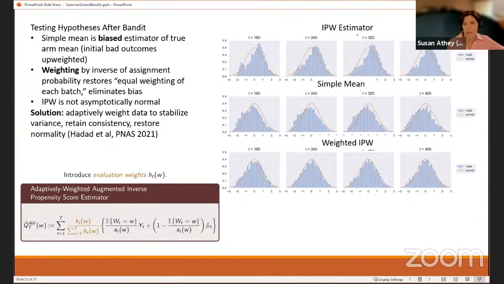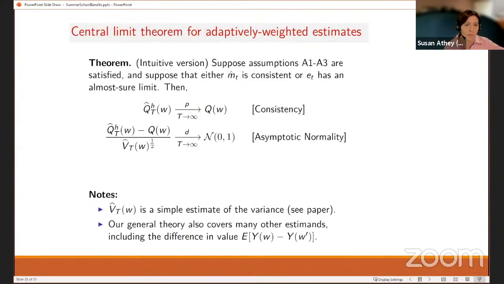This basically stabilizes the variance, and we use martingale theory to show that we can get good confidence intervals out of that. This is one of these things where I was really surprised: how can you actually get good theory out of this? But actually, we did. So the theorem is about consistency and asymptotic normality of the estimators we get using these weights.